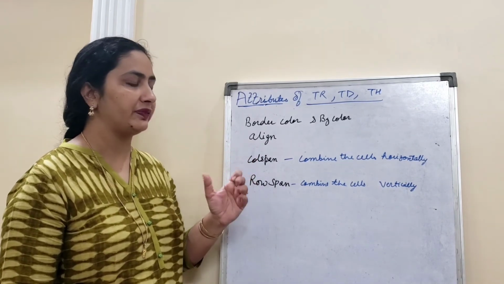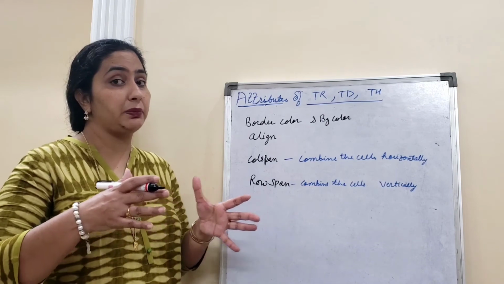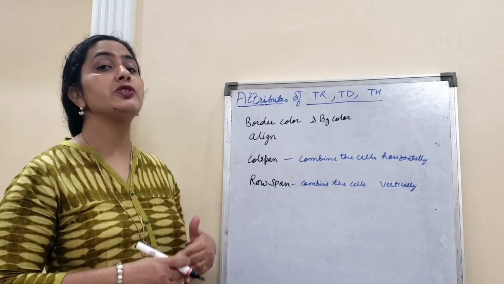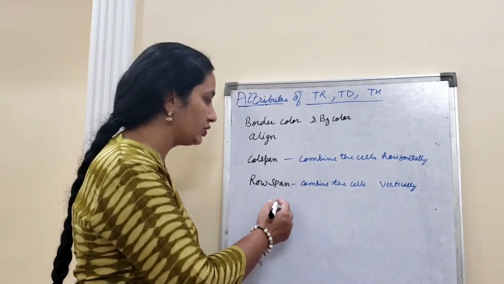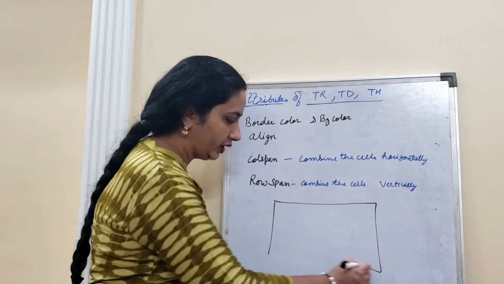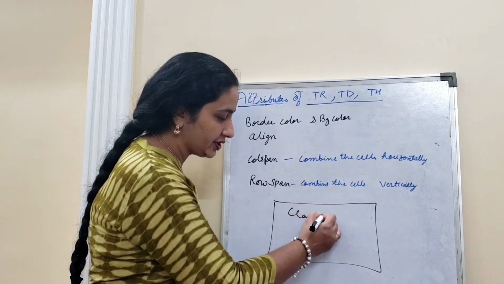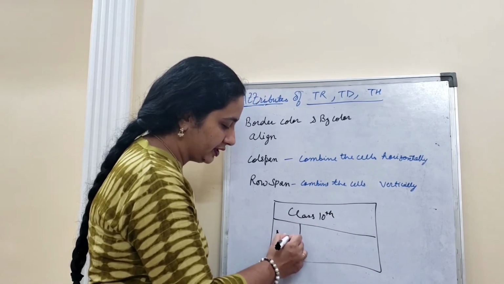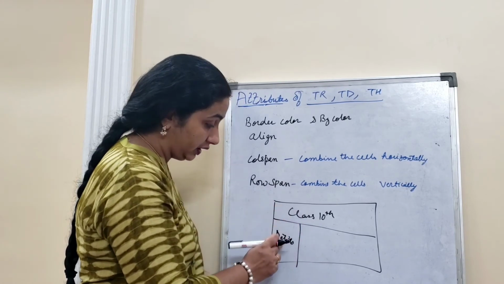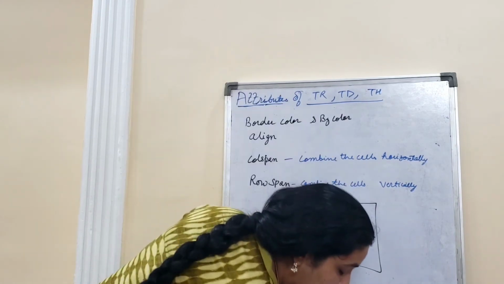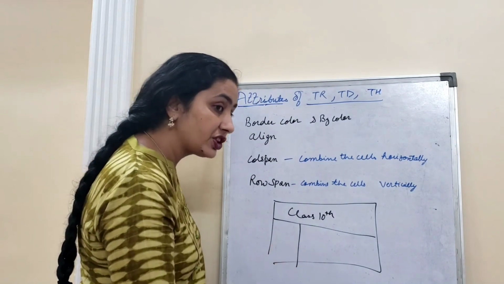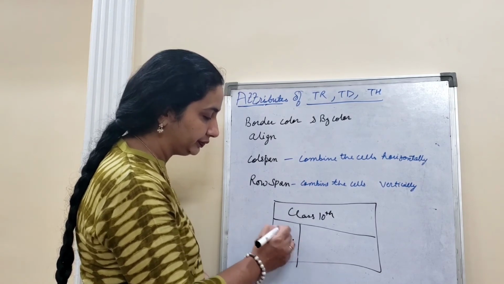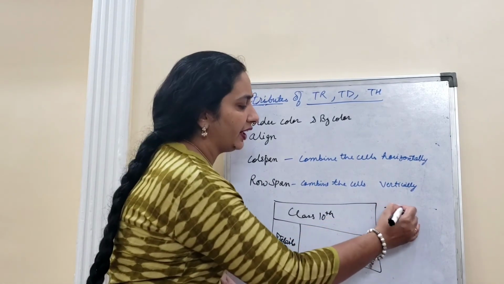Col span and row span. Sometimes it happens that our data is a little bit big, which cannot fit into a single column or single row. So whenever you want to span your data, at that time you can use row span or column span. Suppose your data is large, then in this case you can span your column. The same thing can happen when your data is big enough that it cannot fit in a single row. At that time you can span your row along with the TD tag or TR tag.